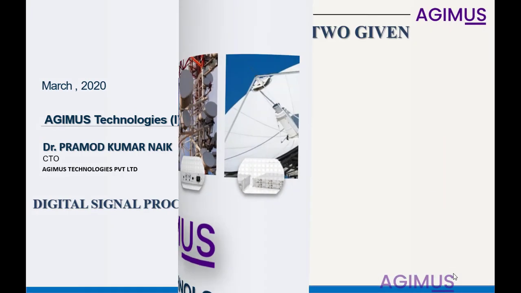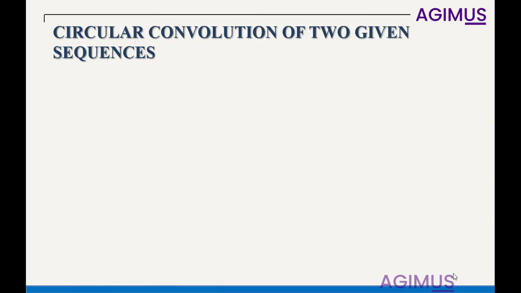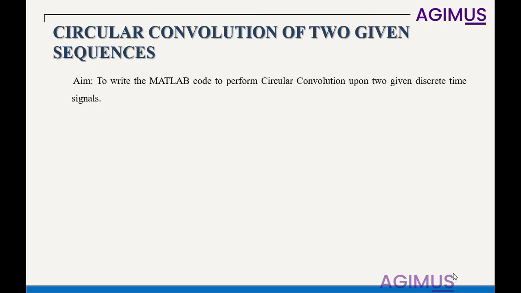Circular convolution is also known as cyclic convolution of two aperiodic functions. It occurs when one of them is convoluted in the normal way with a periodic summation of the other function. The situation arises basically when you have the circular convolution theorem. In this section we'll be writing a MATLAB code to perform circular convolution of two given discrete time signals.